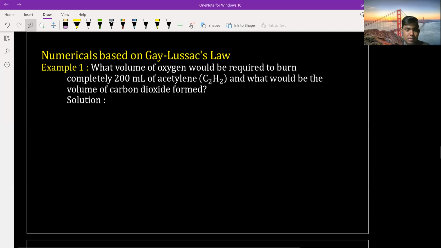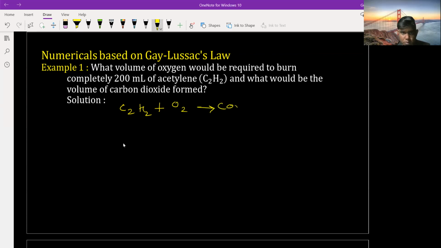Okay, means क्वेश्चन में बोला गया है कि एसिटाइलिन C2H2 को बर्न किया गया है। बर्न किया है मीन्स ऑक्सीजन के प्रेजेंस में। सो हमें मिलेगा CO2 प्लस H2O।